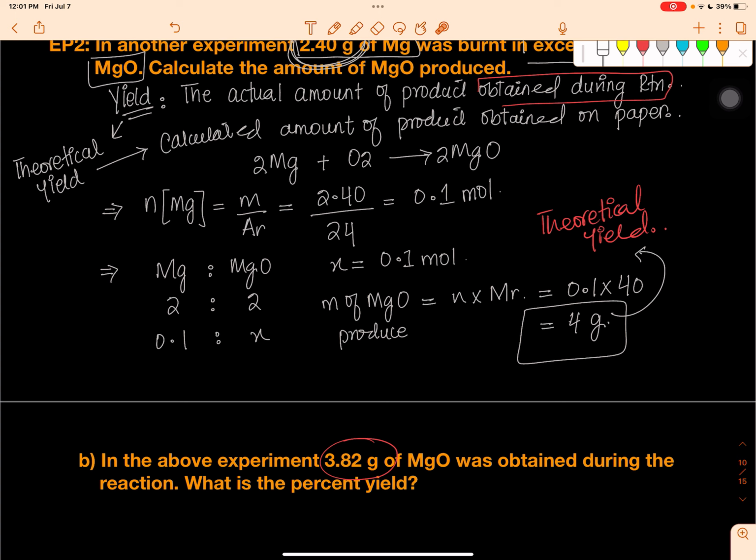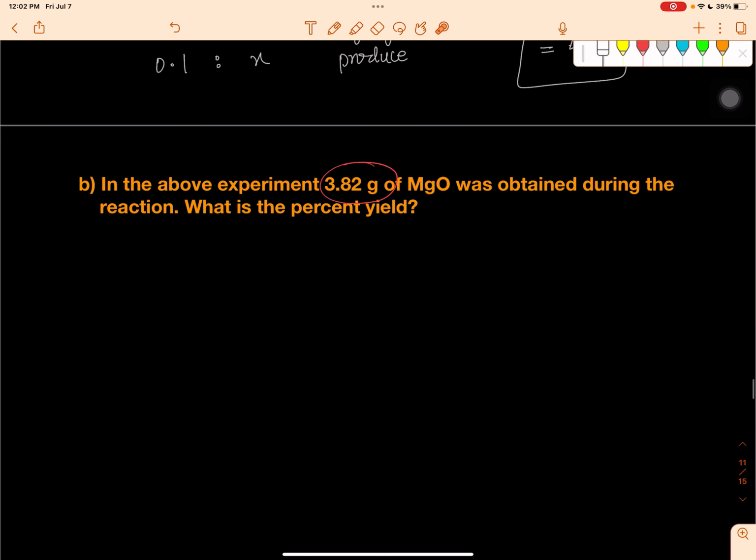But theoretical yield and actual yield should not be equal. And why is that? Because we are not perfect. We human beings are not perfect. There are many things that would decrease the efficiency of the work we do. It could be human error, spillage of the substances, or the reacting molecules not completely reacting, and many other things that would decrease the yield. So actual yield should be less than the theoretical yield. We can make a statement that